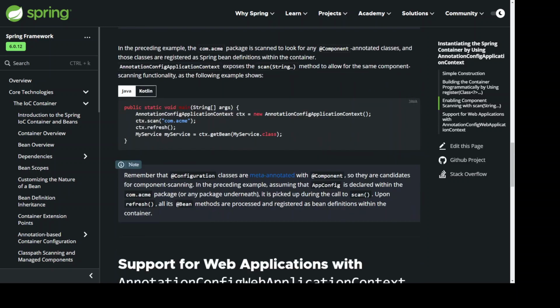AnnotationConfigApplicationContext exposes the scan(String...) method to allow for the same component scanning functionality, as the following example shows. public static void main(String[] args) { AnnotationConfigApplicationContext ctx = new AnnotationConfigApplicationContext(); ctx.scan("com.acme"); ctx.refresh(); MyService myService = ctx.getBean(MyService.class); }